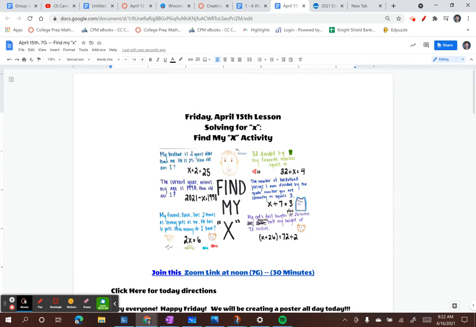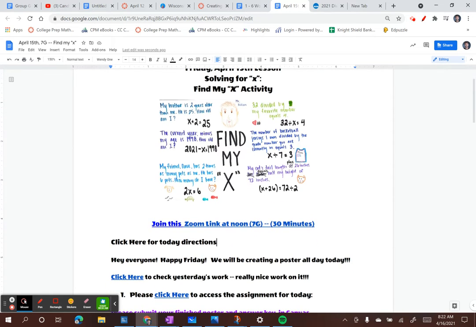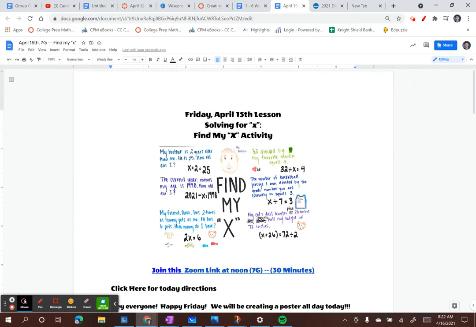All right, everybody. So today we're going to do an activity called Find My X. And it's maybe not exactly what you're thinking here. We're going to be creating equations to help our classmates try to figure out some information about us and our lives. And so I have my example poster shown right here on this front page, and we'll get into that